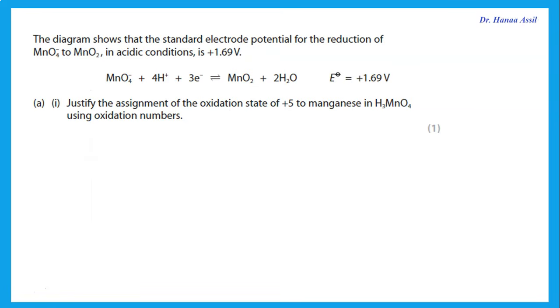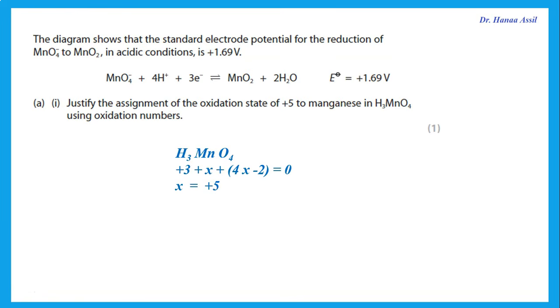electrode potentials. Now, the diagram shows that the standard electrode potential for the reduction of MnO4 minus to MnO2 in acidic conditions is +1.69. And we have the equation. Justify the assignment of the oxidation state of +5 to H3MnO4 using oxidation numbers. So we're starting with H3MnO4, and we're required to determine what is the oxidation state of